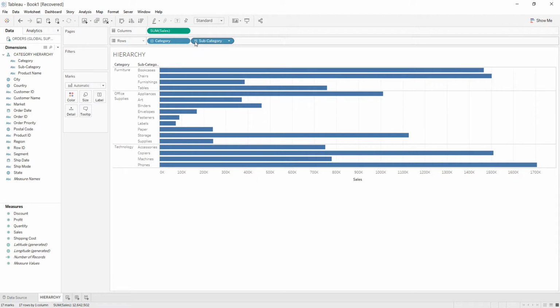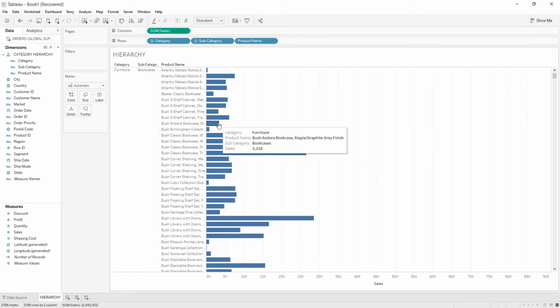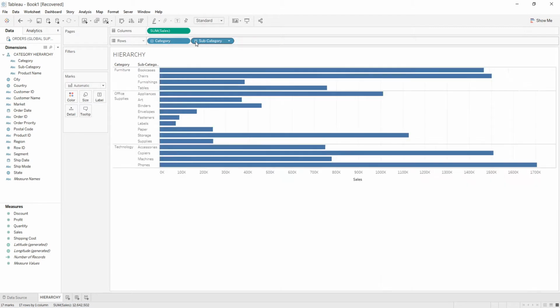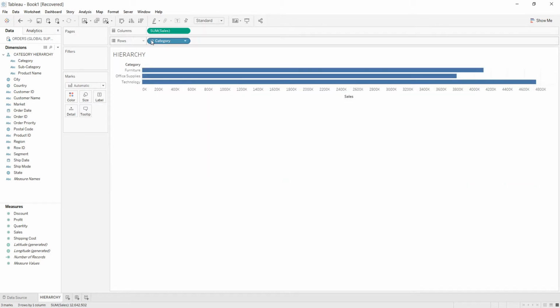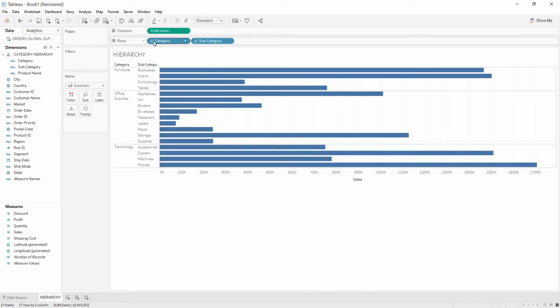Further clicking on the plus sign, the data will be divided further down to the product level. And we can see after it we have a minus sign over the pill. By clicking on the minus sign, the data will be drilled up back. Similarly, it will come back in the aggregated manner, or we can say it will come back in a more general manner. So you can see using hierarchy, we can maintain the level of detail according to the user requirement.